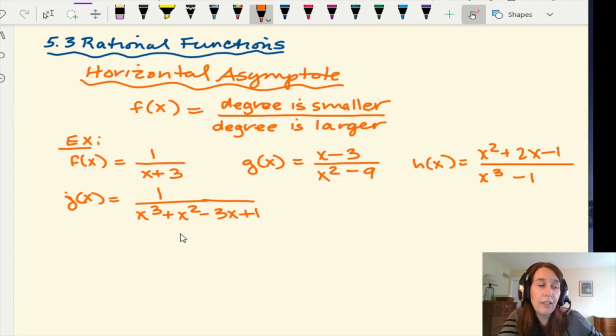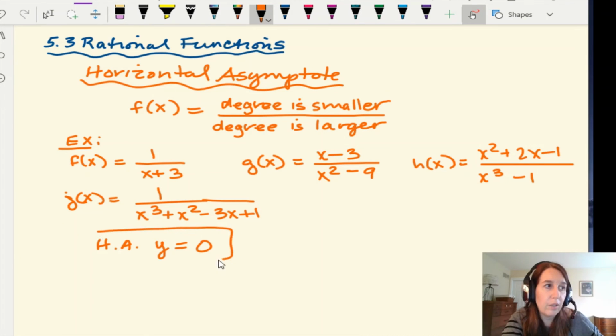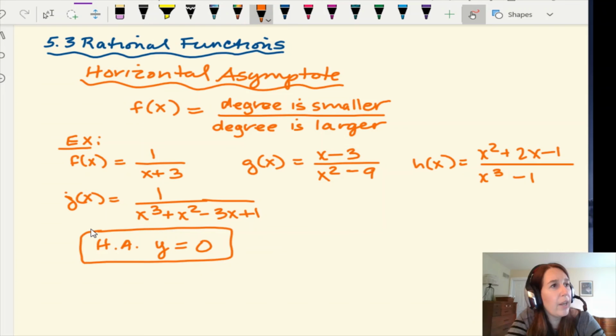In those cases, the horizontal asymptote will always be y equals 0. It's a smaller number on the top and a larger number on the bottom. And we're going to look at next week, when we do a little bit more about rational functions and specifically their graphs, what happens if the degree on the top is the same as the degree on the bottom,